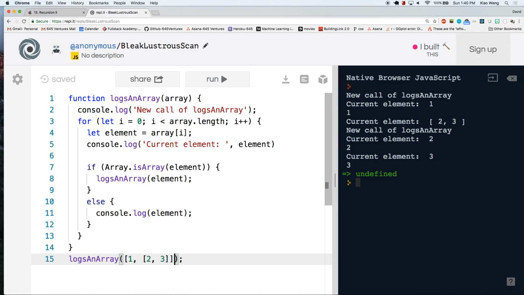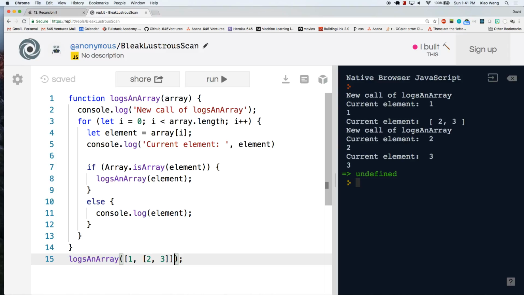now what we see is, I'm passing you an array with 2 elements. The first element is a number, the second element is another array. I start off with my initial call. I then go through every element in the array. The first element is what? It's a number, it's a 1. So I go to my else and print it out. The second element, what is it? It's an array. What do I do if it's an array? Well, I'm going to take this array and pass it into this logs-in-array function again. As in, I'm going to call another instance of it.